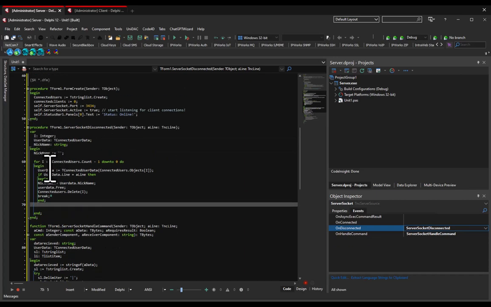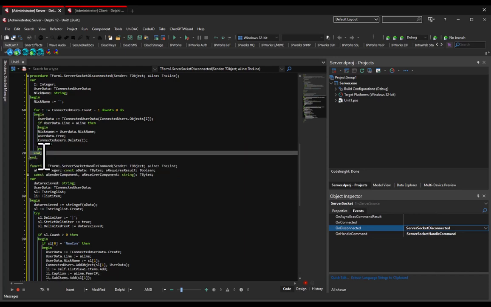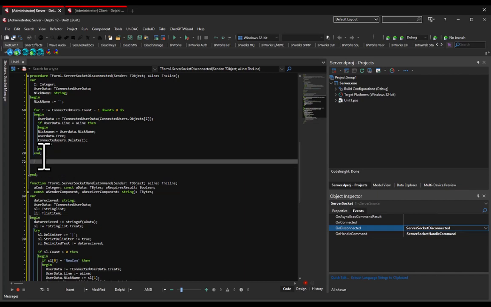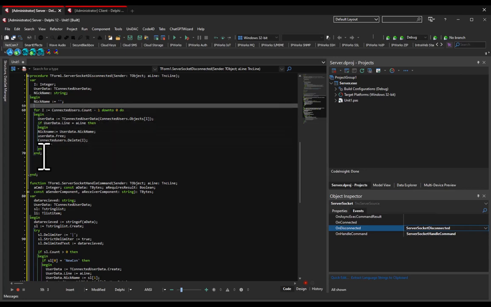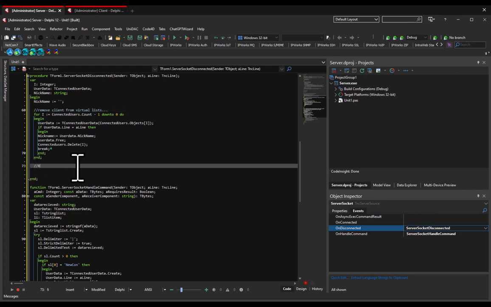see what we've got so far. Nickname, looks all good. I would probably bring these up here, and then we're still going to continue coding. So we're still inside of the main procedure, but we're out of that loop. Now that we've removed them from our virtualized list, we're going to have to remove them from the list view. So let me make a little comment here. Remove client from virtual lists, and sorry if I misspell, guys. Remove client from our list view